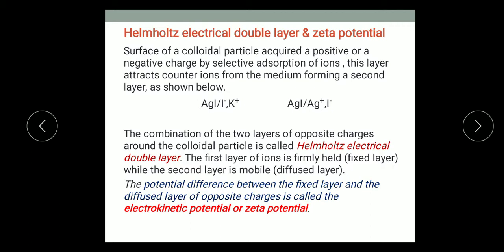The first layer is firmly held, called the fixed layer, while the second layer is mobile and is called the diffuse layer. The potential difference between the fixed layer and the diffuse layer of opposite charges is known as